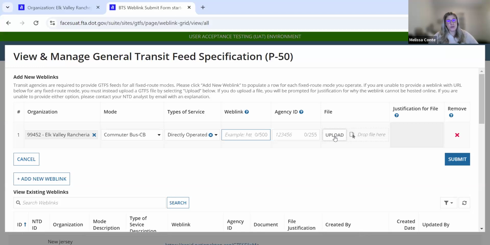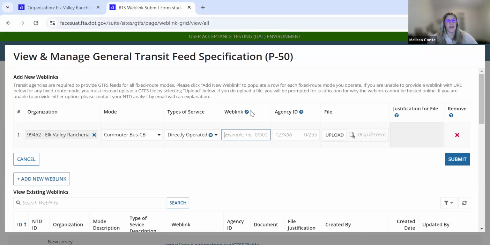RTAP and show you this resource that you can go and create a URL. It's very straightforward, and RTAP has great walkthroughs of how to do it, as in this webinar. So it's something we will bring up during validation if we see a file here. And if you do upload a file, we have the justification here. We would like you to provide as much detail as possible to explain why you cannot meet the web link